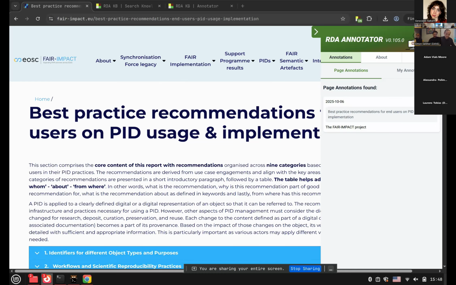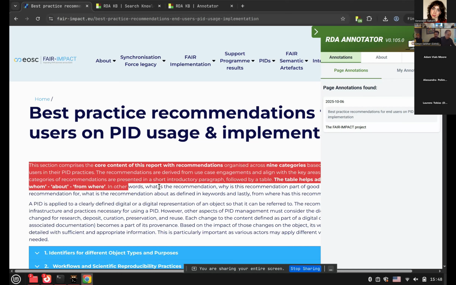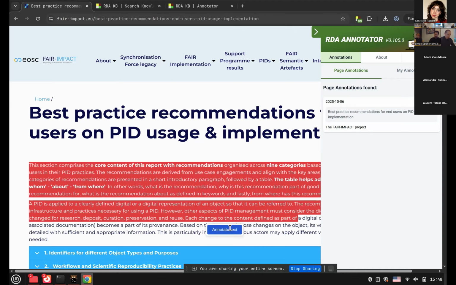So I'm already logged into ORCID, but normally what would happen is ORCID would pop up and request you to log in. You simply log in with your ORCID and then you're authenticated. After which we can simply select some text. I'm just going to select the part here and I press annotate text,